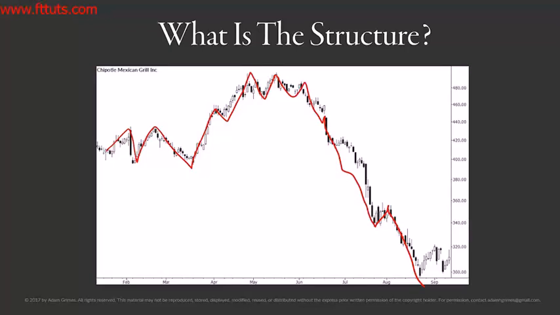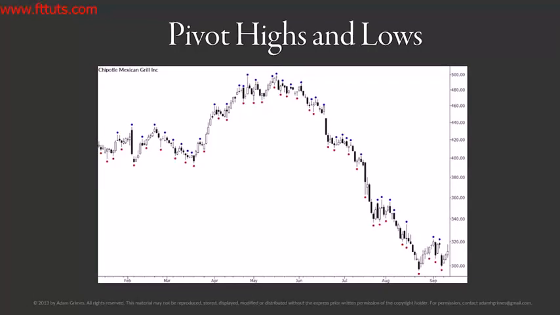There are a lot of different ways you could do it, and I think basically everything that I just outlined is a possible answer, but I want to give you an objective structure that will help to answer that. So first thing we do is we look at pivot highs and lows, and here is a chart with every single pivot high outlined with a blue dot and every single pivot low outlined with a red dot. Now, the first thing you'll notice, there are a lot of these,